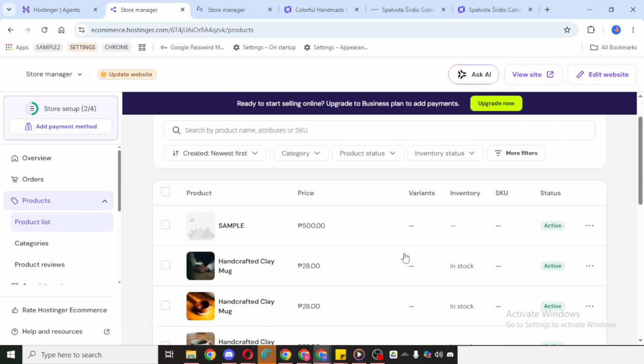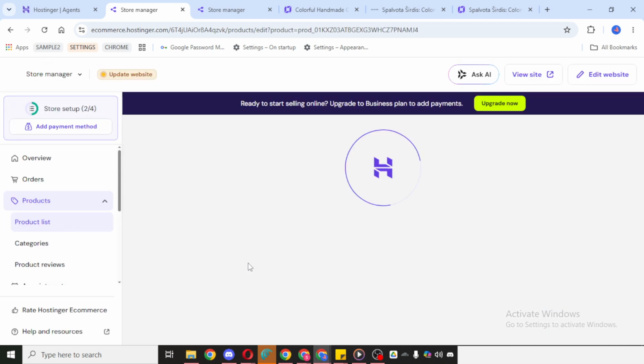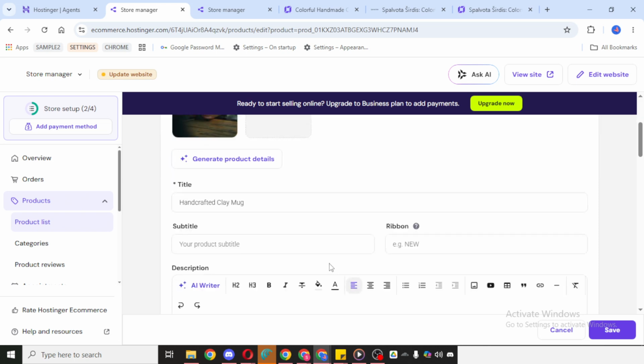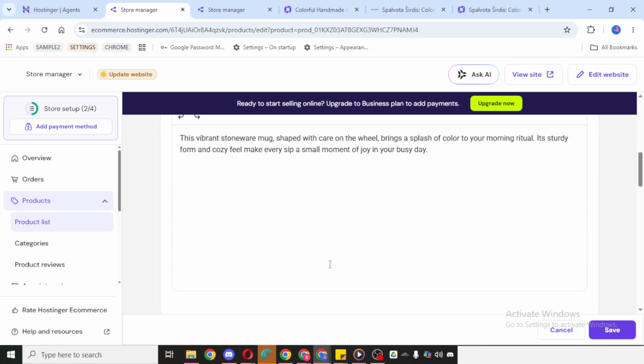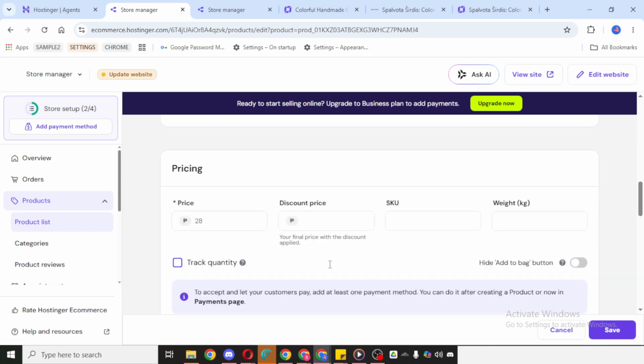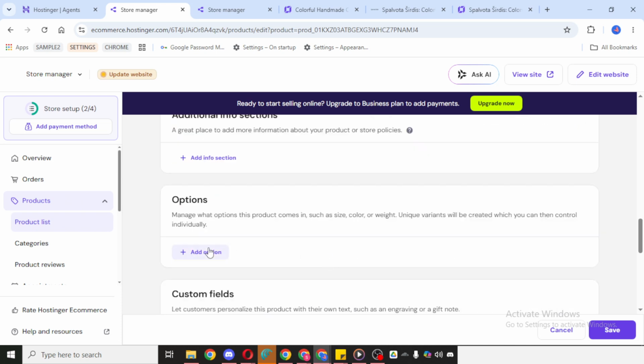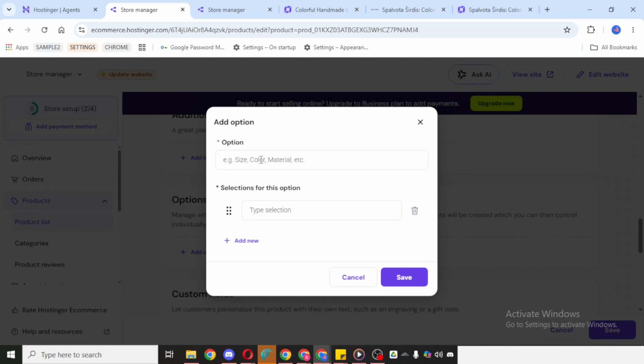Once you're inside the product, you'll be able to work with the product variants. If your product doesn't already have variants, click on Options. This is where you can create the choices customers will select, such as color or size. For example, if you sell a shirt, you might add colors like black, white, or blue, or sizes like small, medium, and large. After entering the options you want, save them so the product variants can be generated properly.